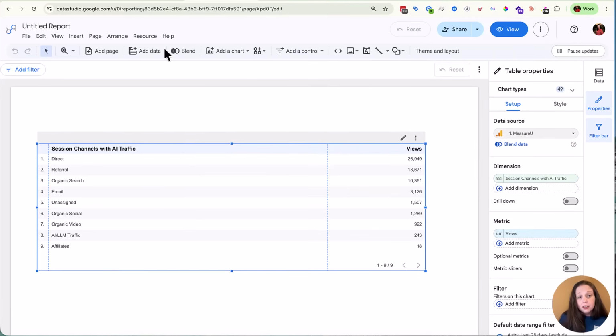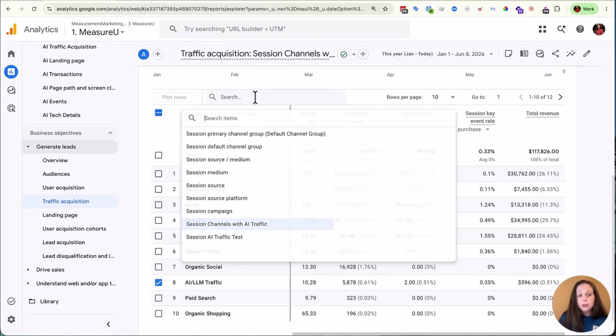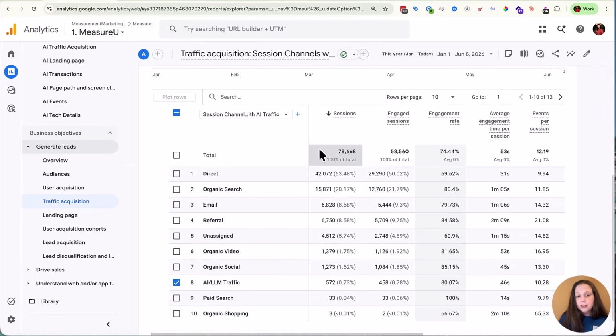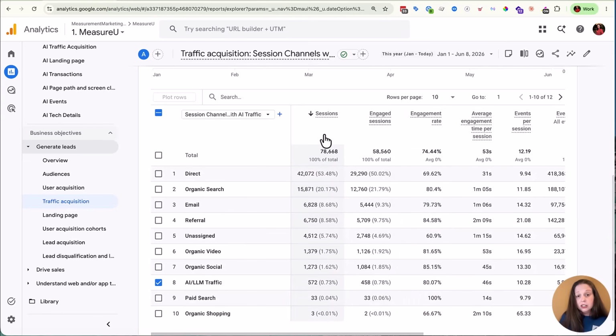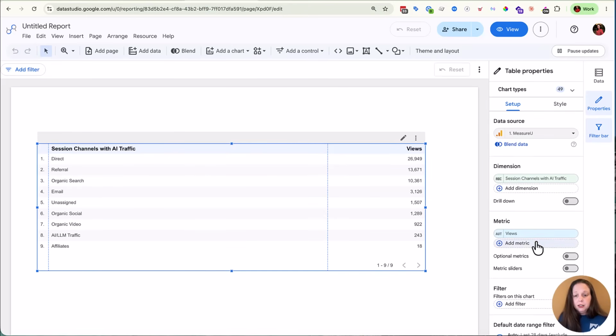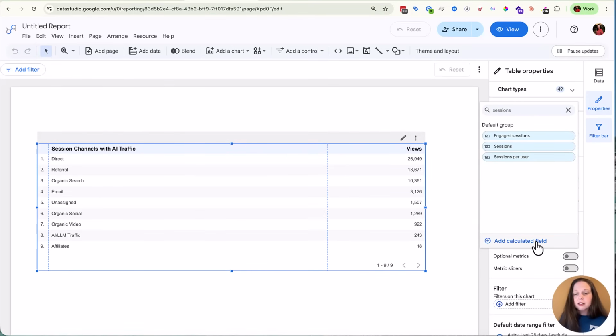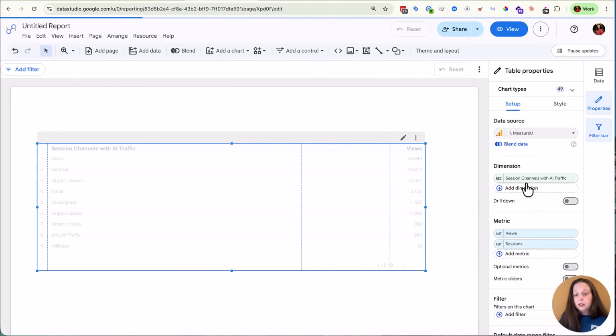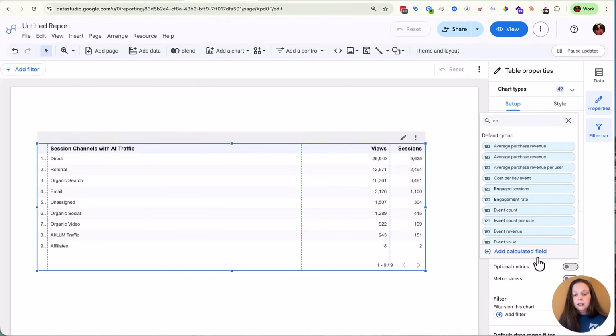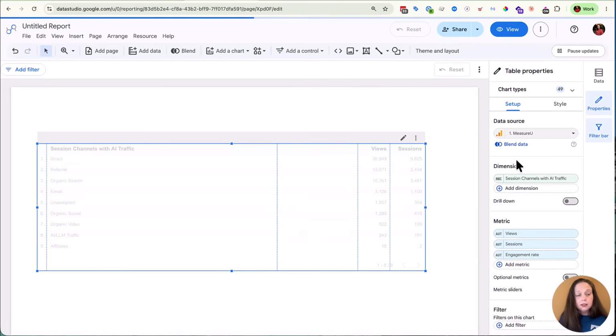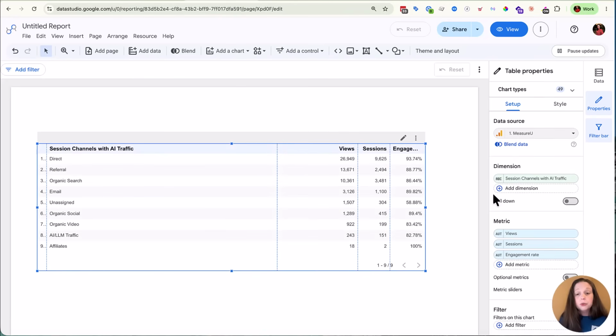And so if you really like this report here, where you have all of these metrics, like the sessions, engaged sessions, and engagement rate, you can go through very easily and type in sessions. Then you're going to have engagement rate. And you can go through each one of those different ones and add it to your chart as well. And if you are not familiar with Data Studio, that is okay.